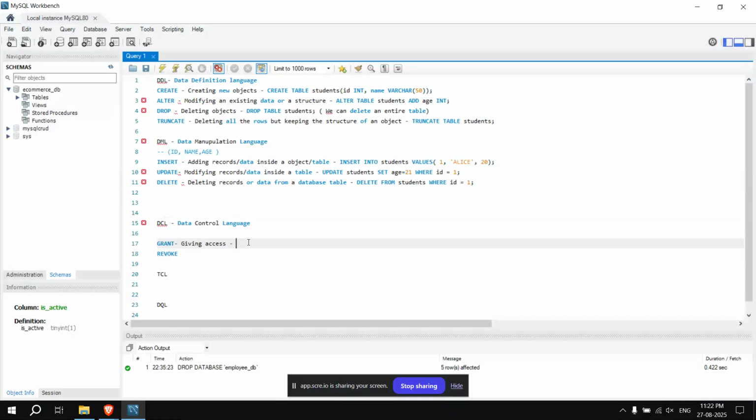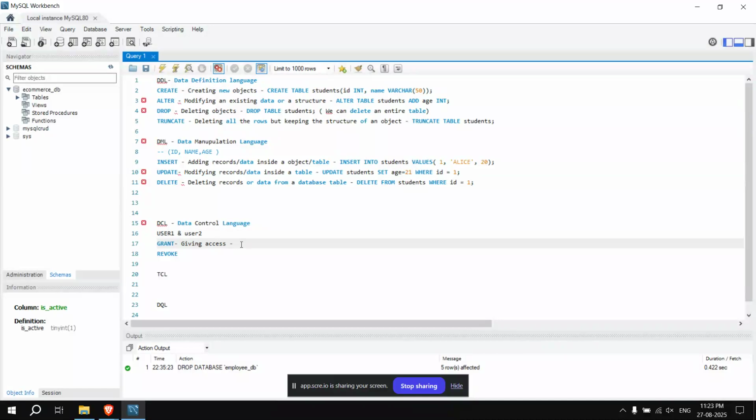Suppose there are two users, user one and user two, and we want to give user one access to my student table.